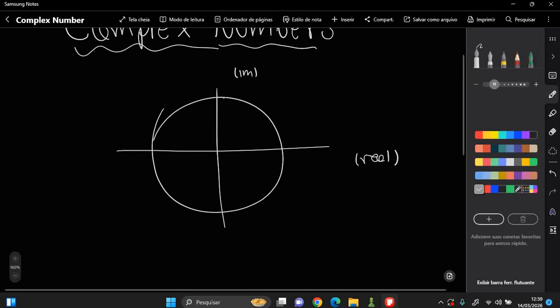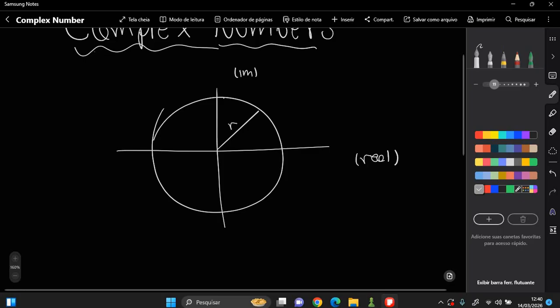And if we have a vector which is outside of this Cartesian axis,